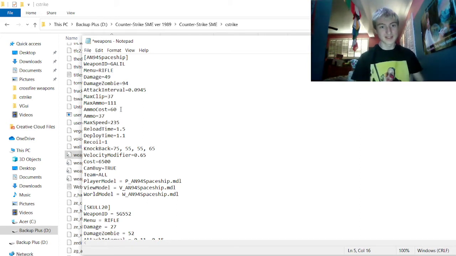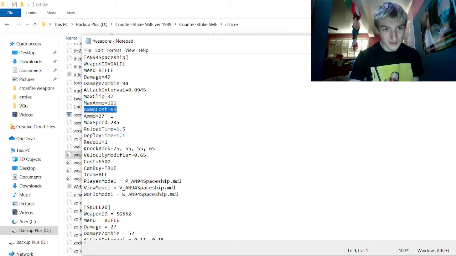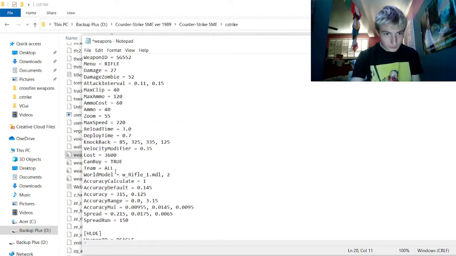Ammo cost, this is if you're playing original mode, which is like bomb defuse, hostage rescue. This is how much one clip will cost. This is how much ammo it'll give you when you buy it. This is how much you can run with it. This is the reload time, how long it takes to pull out, the recoil, knockback. I don't know what velocity modifier is. If you do, please tell me. And like I said, all this,